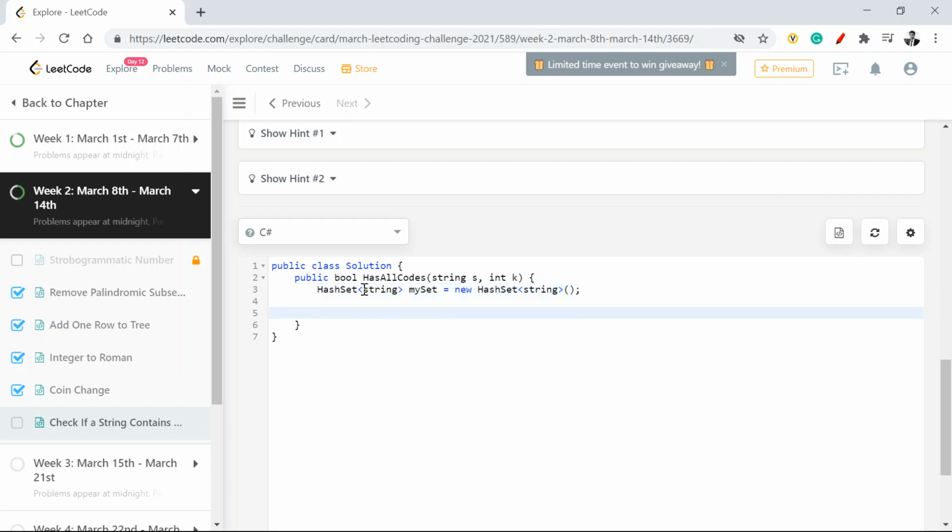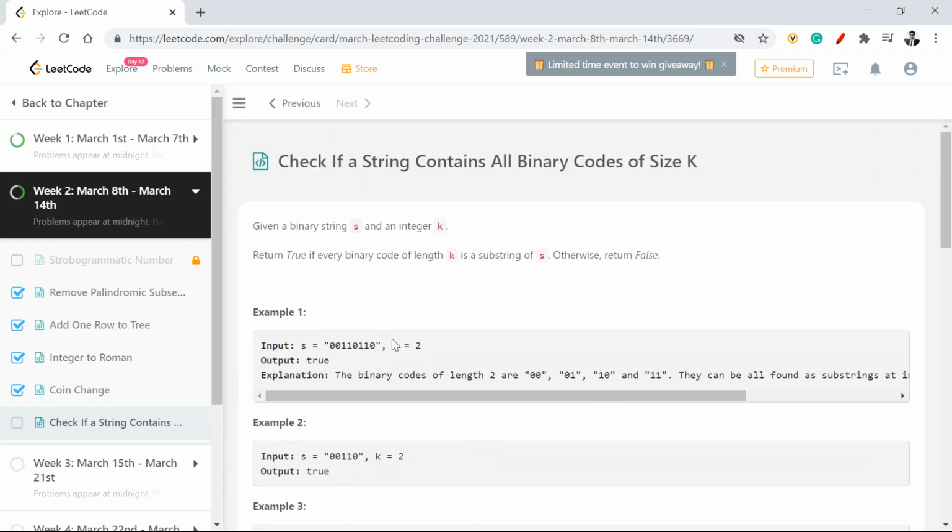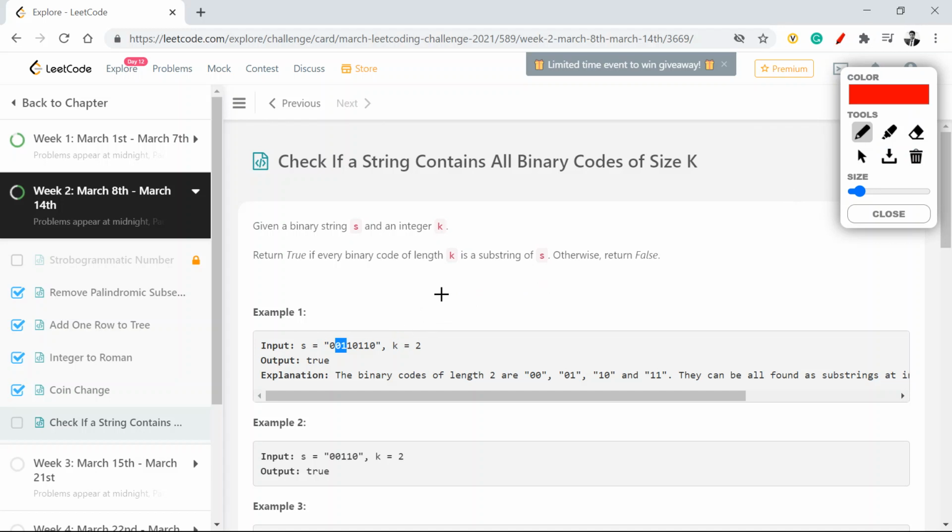Once I have this, I need to see how many combinations it can carry. If you look at the example, with a length of 2 and only two distinct integers, it will always be 2 to the power 2, which is equal to 4. That is the total of 4 combinations. Two is the number of distinct digits, and since I'm looking at length 2, I'll always find 4 combinations: 0 0, 1 0, 0 1, and 1 1.